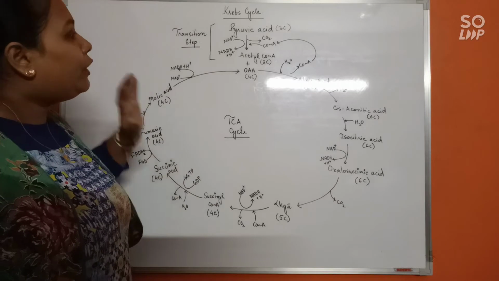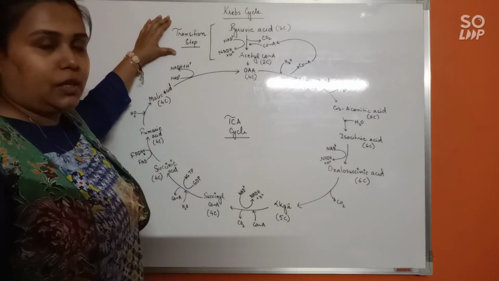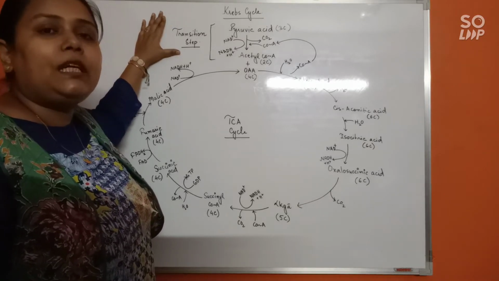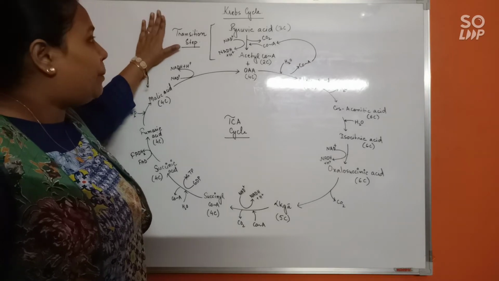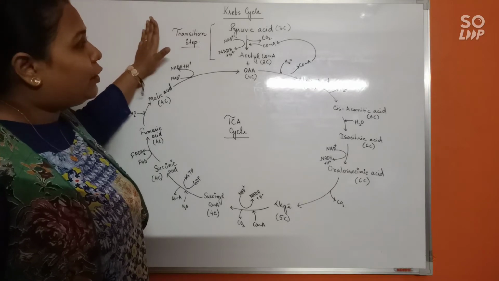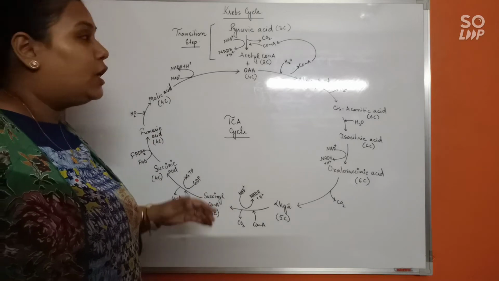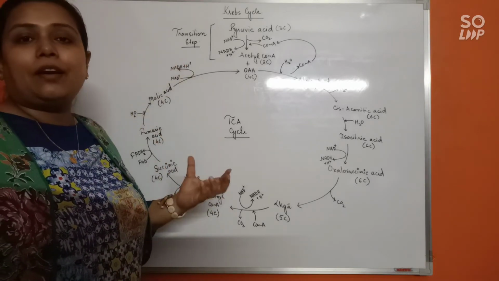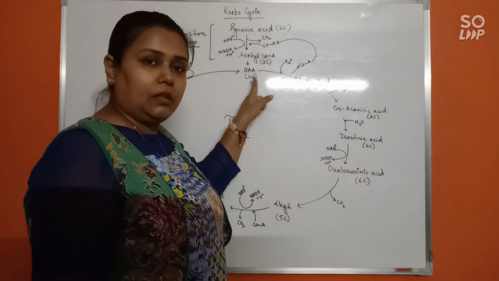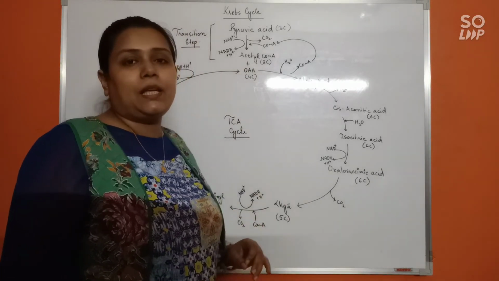Do remember, when we talk about the Krebs cycle, we do not include the transition step. The transition step is an independent step. We can also call it the oxidative decarboxylation step. It is not going to fall under glycolysis, and it is neither going to be a part of the Krebs cycle. It's a transition, intermediate step. So when we say Krebs cycle, we basically mean that we start the cycle from here. These 2 combine forming citric acid. This is the first step in which the Krebs cycle begins.